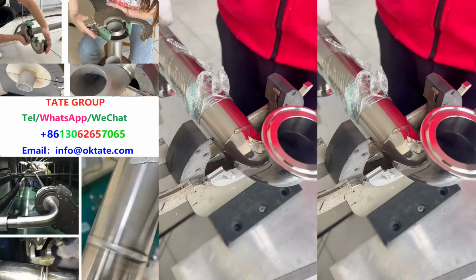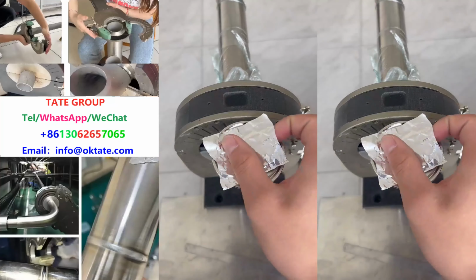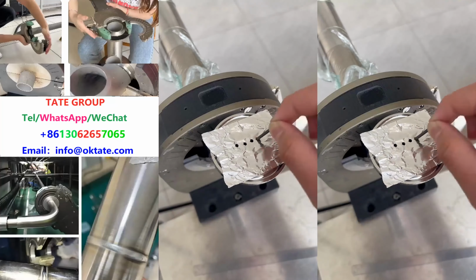This machine handles a range of materials, including duplex stainless steel and titanium alloys, making it the ideal choice for